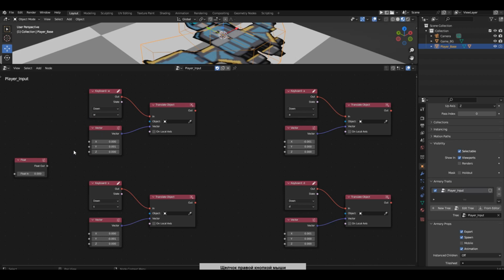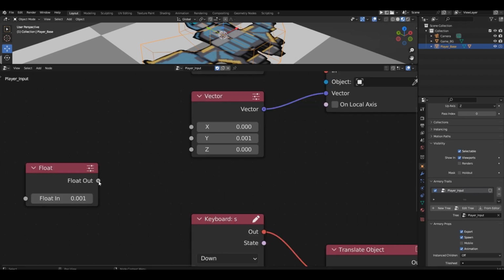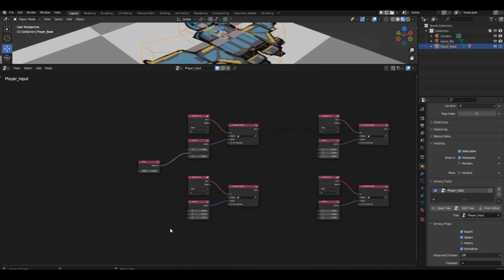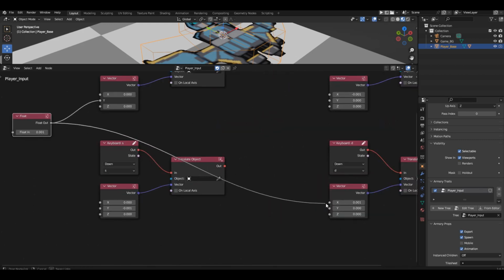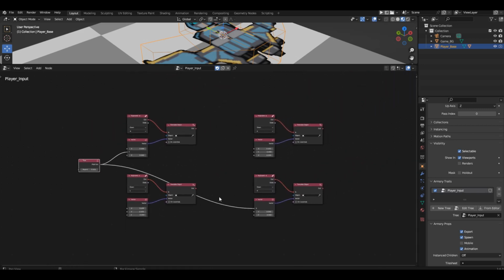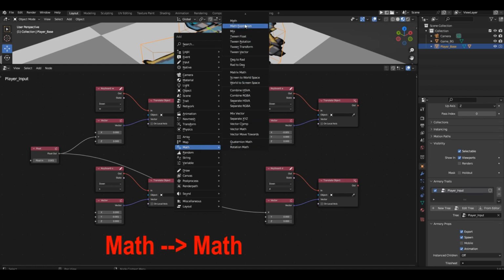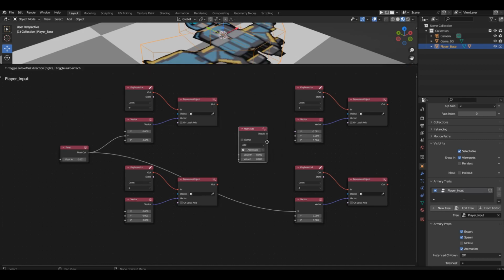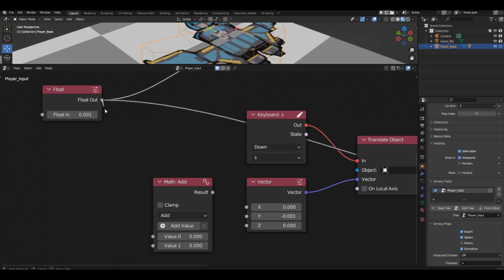Don't mix up the axis you're connecting to. For forward movement, it's the y-axis. And for right movement, it's the x-axis. Now, let's think about how to turn our value into a negative one. You don't have to think for long. Just multiply this value by -1. Add another block. It's in the math section. It's named the same as the section itself. Math. Place this block before the backward movement vector and distribute our speed to it.